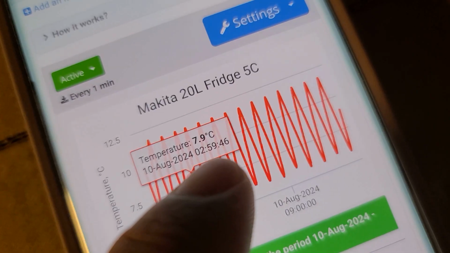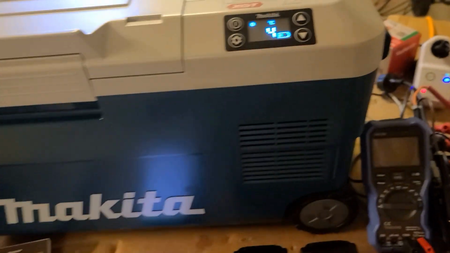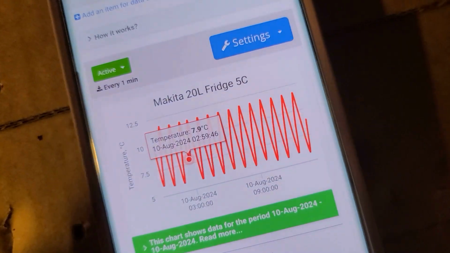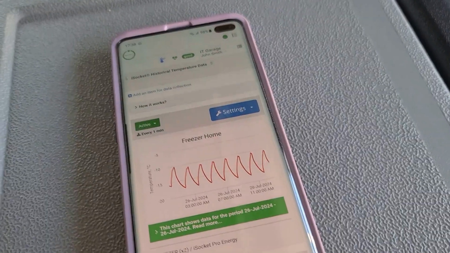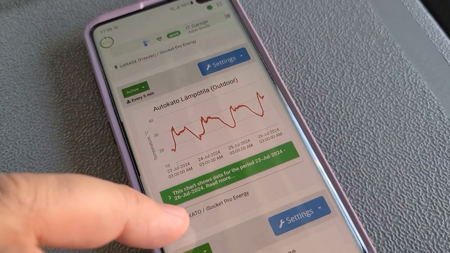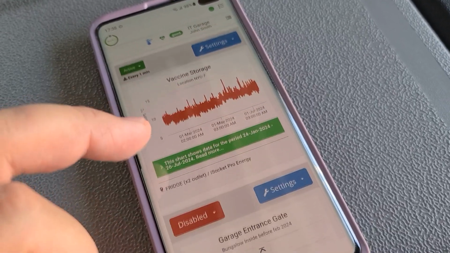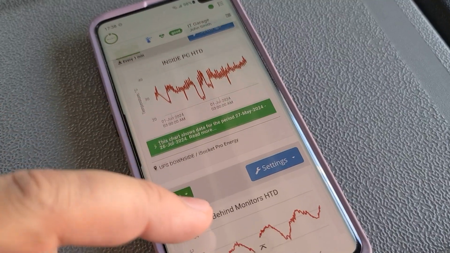So 3 AM. Well, more information about these batteries and this test you can see in the video on my channel about this Makita. I just share again how wonderful that feature is. Guys, that's all for today. Just list you how they look on the phone. Yeah, so, and then I'm going to delete a few of them.